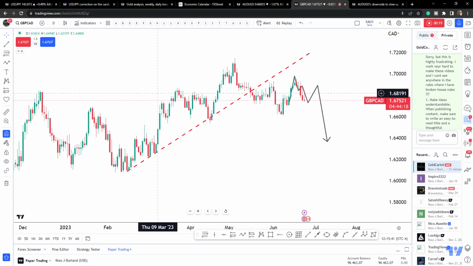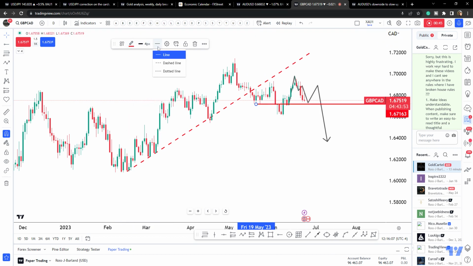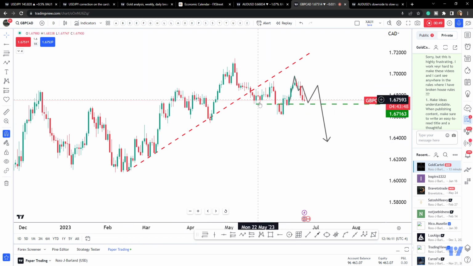You've got the low, the high, the low, the high, and we broke this structure here. So we moved up, we moved down, we moved up, we got a higher low, but we failed to make a higher high and we broke these lows. So to me, that's significant. And we're going to give that a broken down market